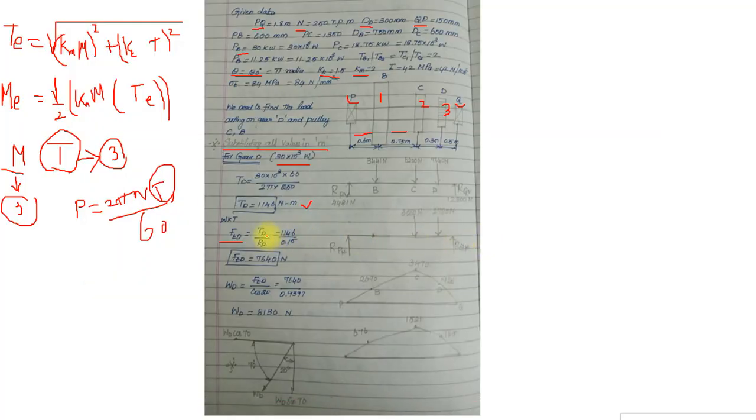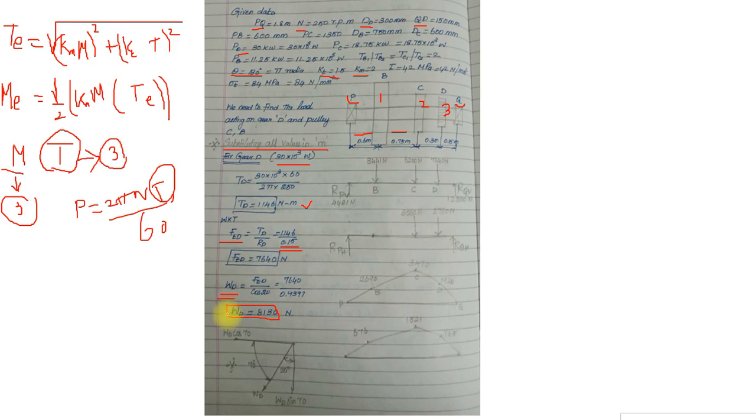So TD is the torque at gear D, RD is nothing but the radius of gear D. If I substitute the value, I am substituting it in terms of meter, and I can get the tangential force acting at D. Once I find the tangential force, I can find the load acting on D. The load acting on D formula is tangential force divided by cos of the particular angle.